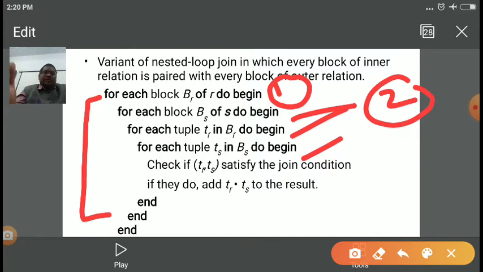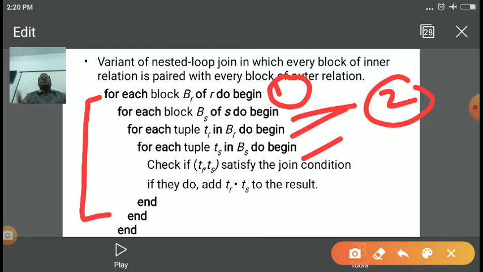Now if the join condition is met, then we need to add all the possibilities t_r and t_s to the final result. Suppose in the first relation there are 4 tuples, and in another relation there are 5 tuples, then the total possible will be 4 into 5, that is 20, and 20 possible tuples will be added in the final result, right?